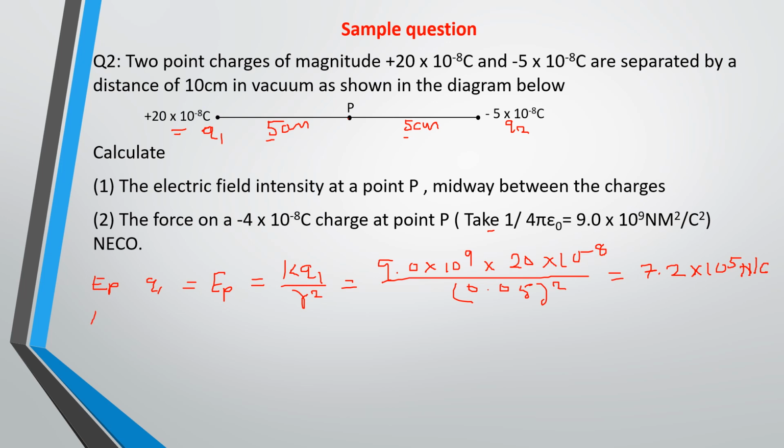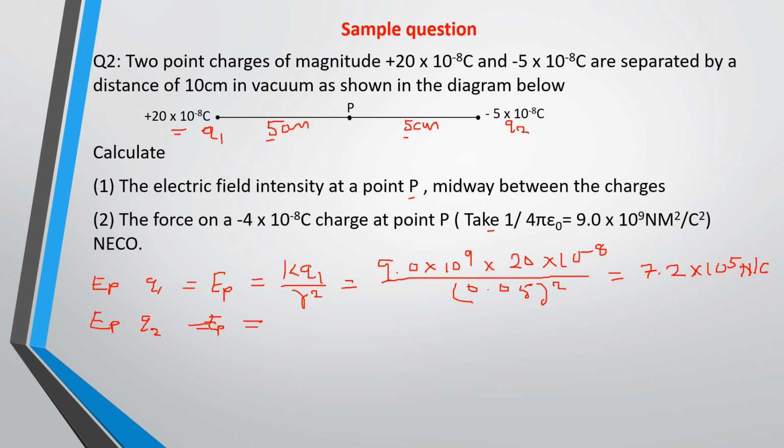Then the value of this due to Q2, we'll now do that for Q2 too, because at the end of the day you are going to find the resultant of the electric field intensity at P. That's what you use to get the electric field intensity at P. So you find the resultant electric field intensity. So electric field intensity at P due to Q2